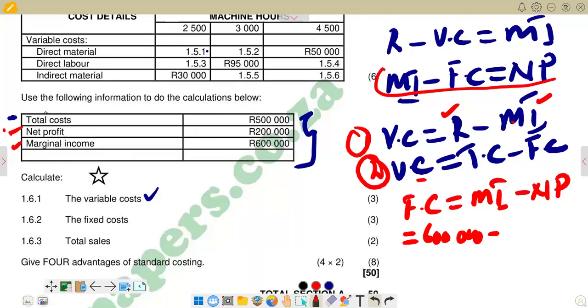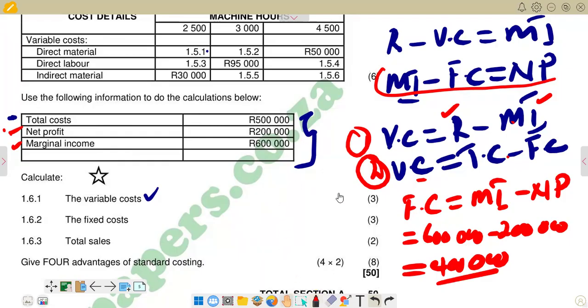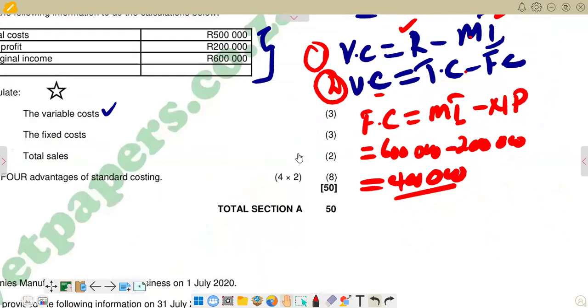And we subtract net profit that we are given, which is 200,000. Then we get our fixed cost of 400,000. And remember, we've got this formula to get our variable cost: total cost minus fixed cost. So we can get our variable cost now. Total cost, we are given it here, is 500,000. So our variable cost now is 500,000 minus net profit, which is, let's see,